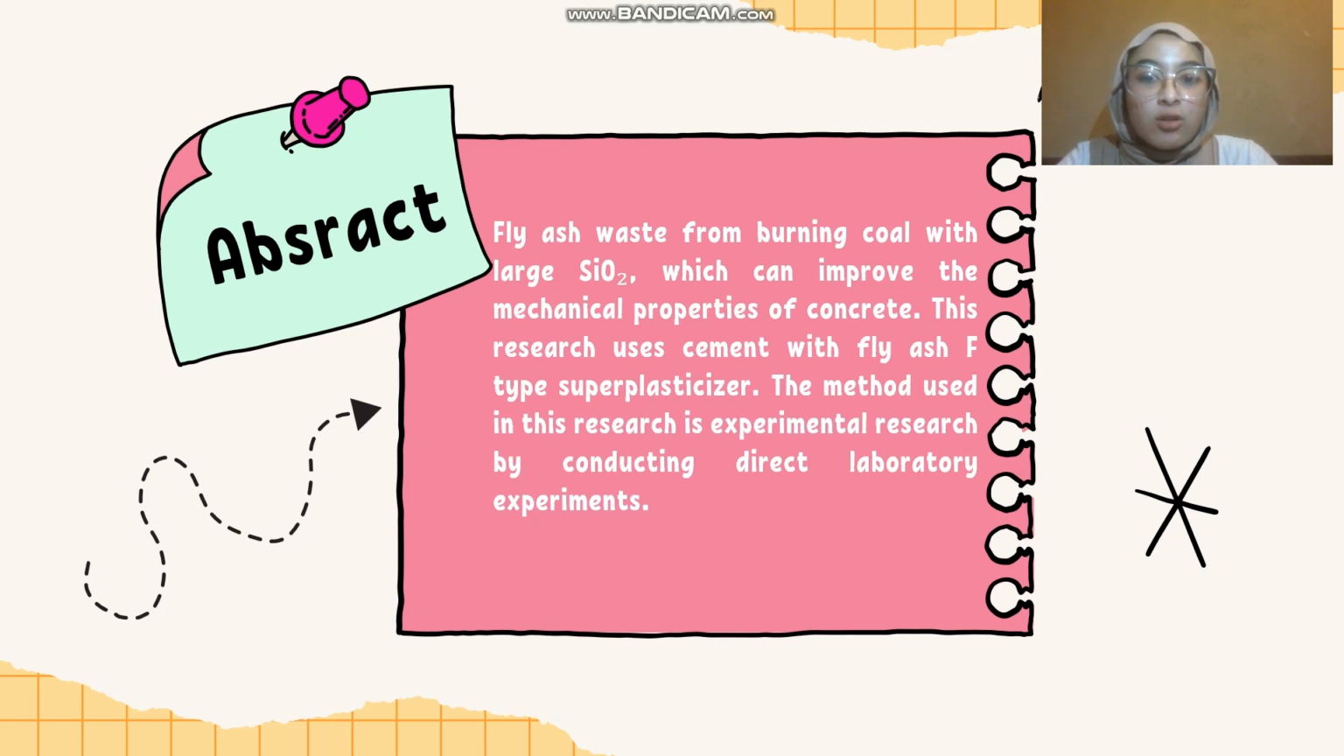The test objects carried out in this research were 27 test objects with a total of 9 test objects for normal concrete, 9 test objects for replacement of 80% cement plus 20% fly ash plus superplasticizer type F, 9 test specimens for 60% cement replacement plus fly ash 0% plus F-type